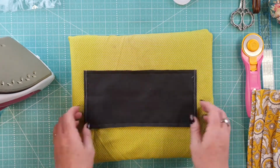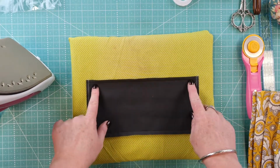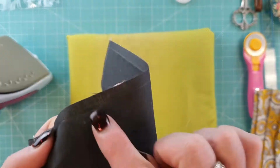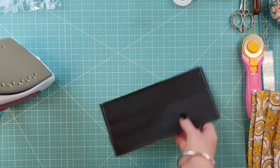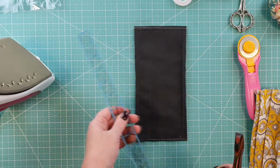Then you're going to come back to the ironing board and mark a 1/4 inch mark here, and you can see there, I'll bring it up a little bit closer, I've just got a little mark there. Then I'm going to show you a trick that I do before I press them. So you're going to grab your ruler and